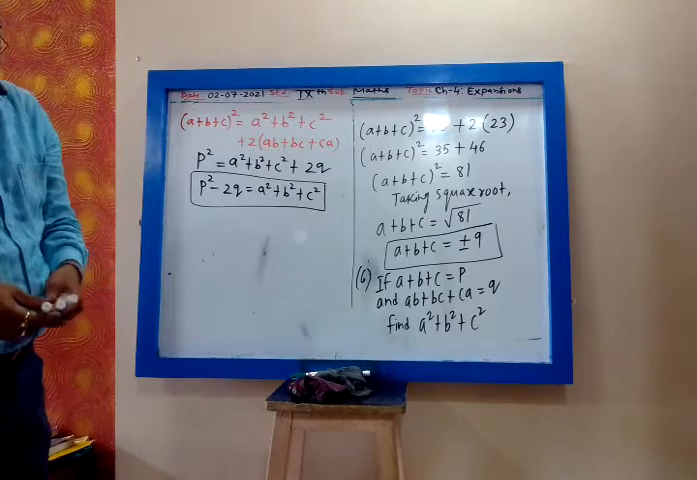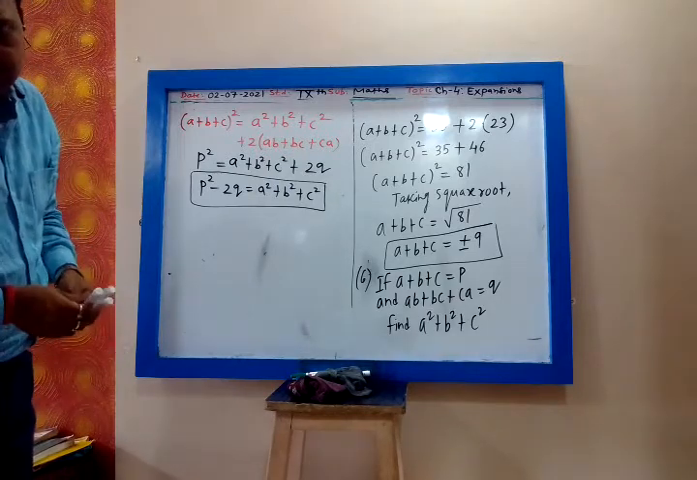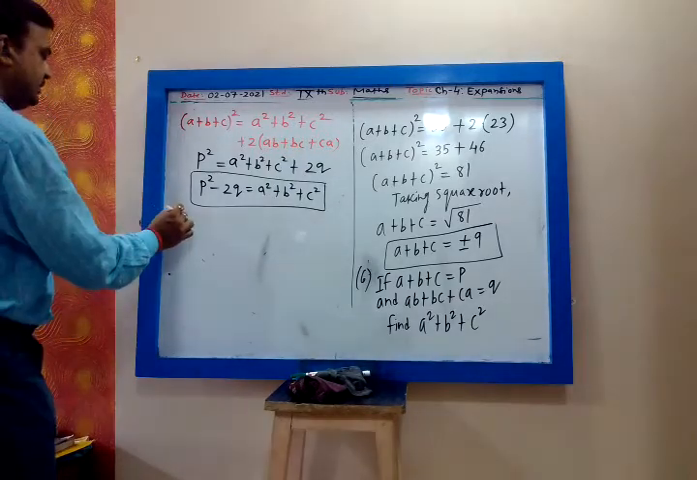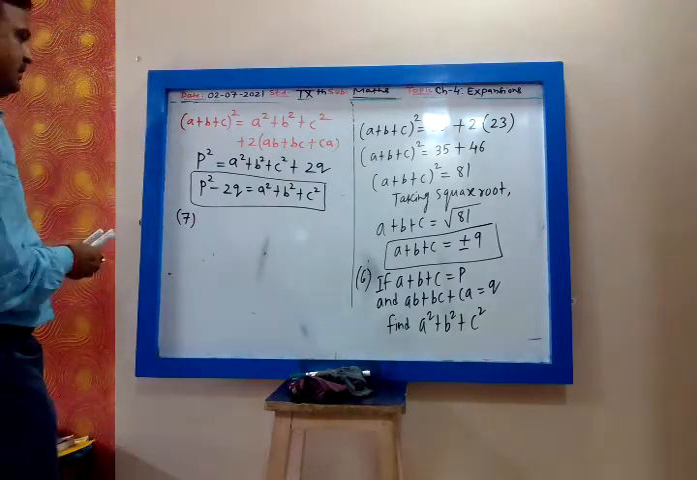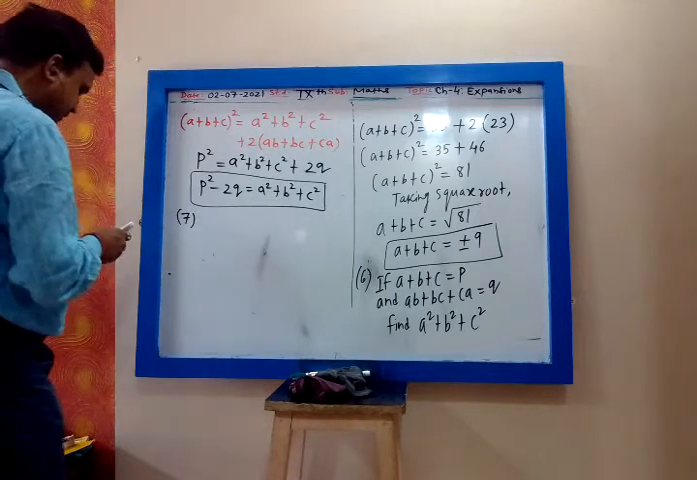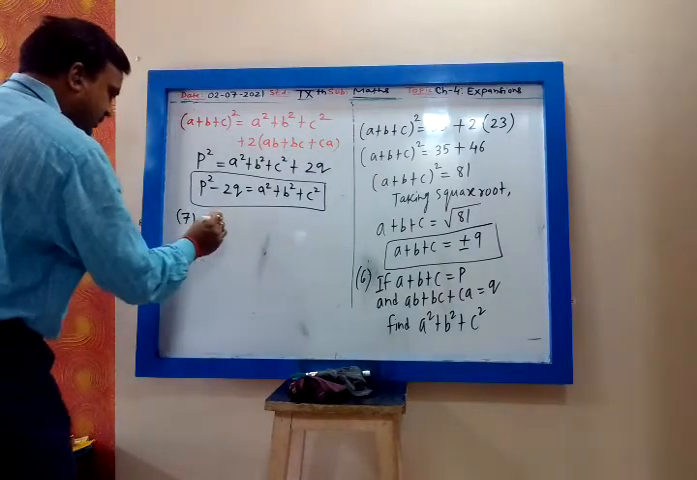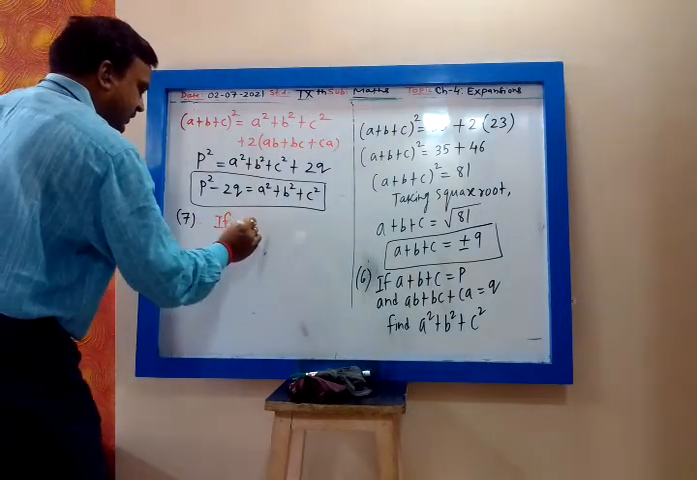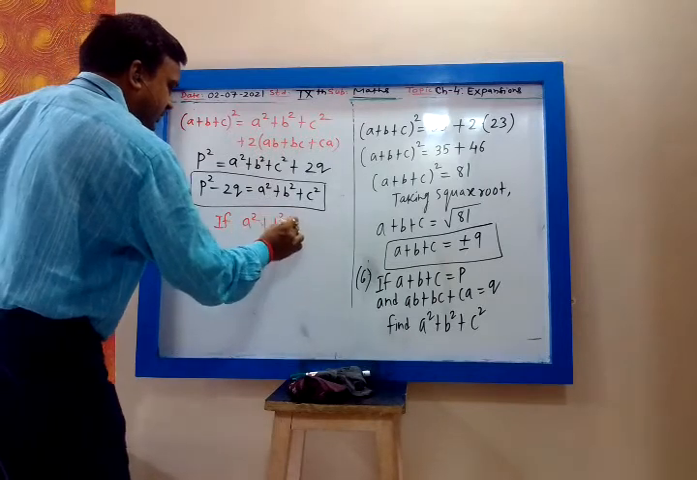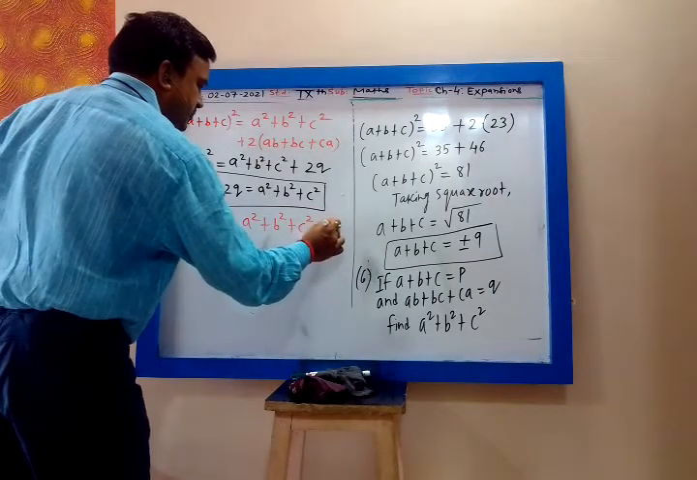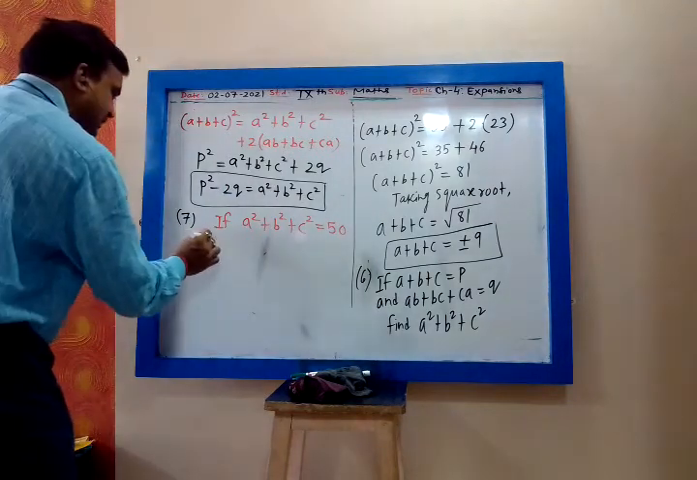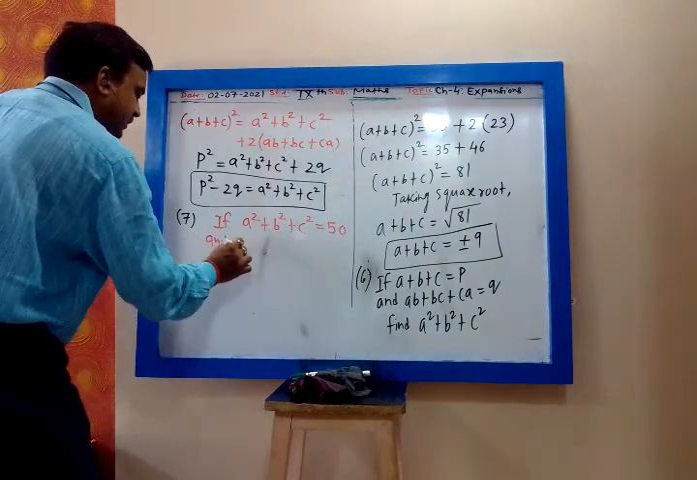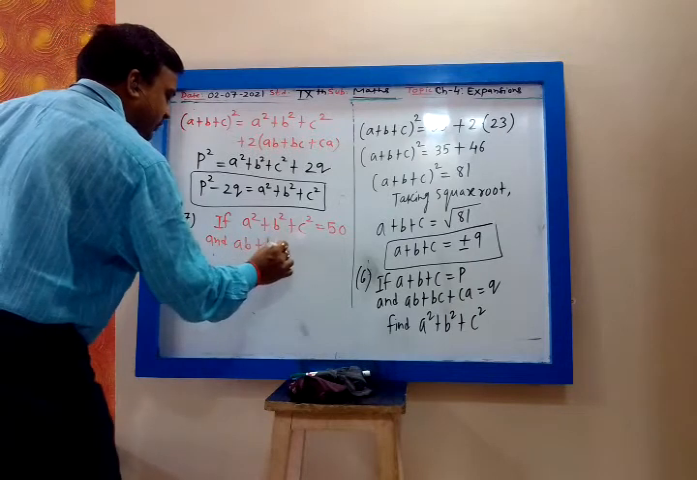Okay, so now next, seventh one. If a square plus b square plus c square is 50, and ab plus bc plus ca is 47,